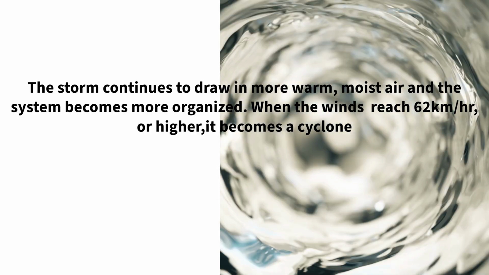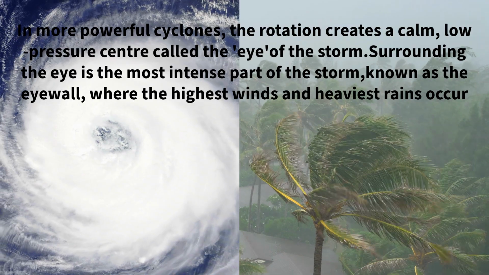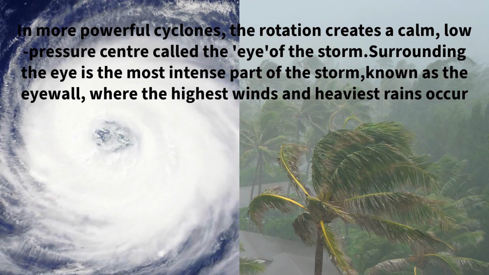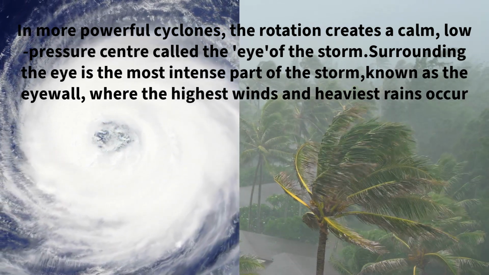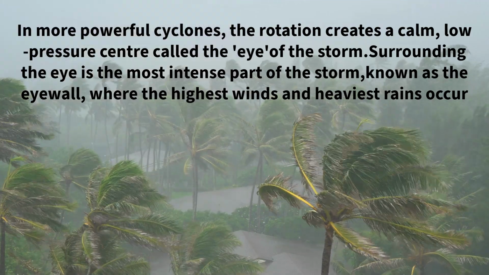When the winds reach 62 km per hour or higher, it becomes a cyclone. In more powerful cyclones, the rotation creates a calm, low-pressure center called the eye of the storm. Surrounding the eye is the most intense part of the storm, known as the eye wall, where the highest winds